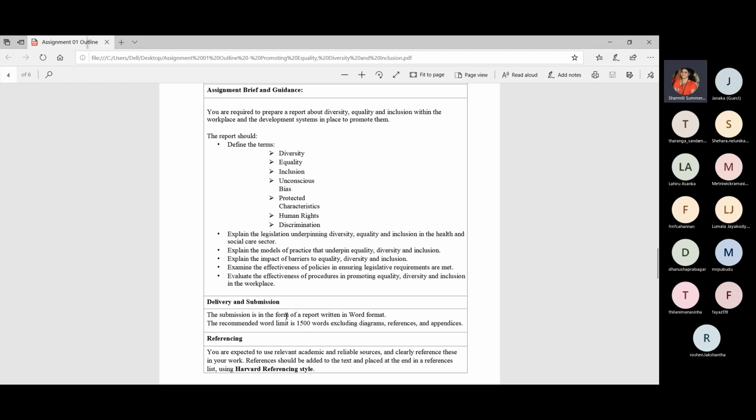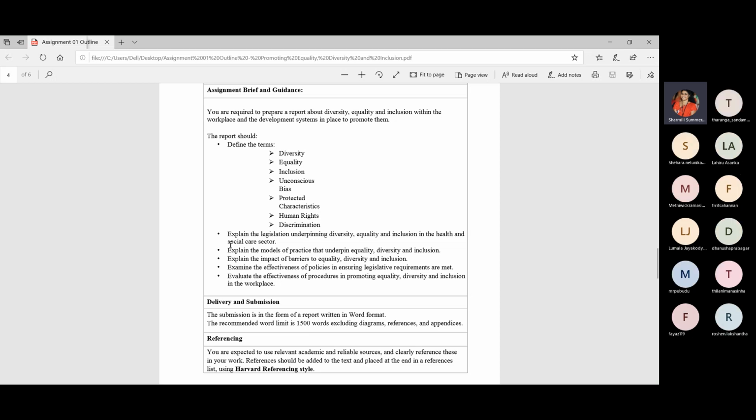You are requested to submit your report in a Word format, not in PDF format. It should be in a Word format. You need to be very careful regarding the word limit. The word limit is 1500, it shouldn't exceed 1500, and you need to include all these things in your report. And referencing type,